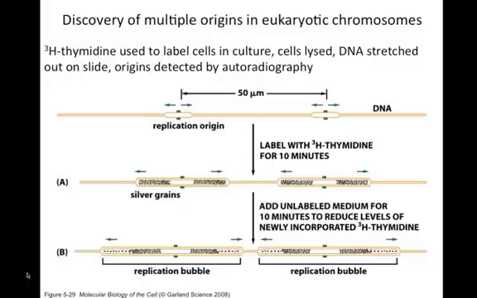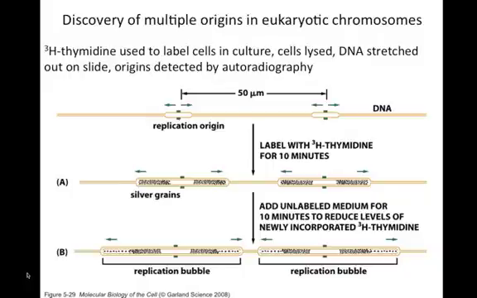So the initial experiment where they discovered that there were multiple origins, they used radioactive thymidine, so that's the T, that's put in your DNA during replication. They used that to label cells in culture. And then they lysed the cells, and they would stretch the DNA out on the slide, and then they would